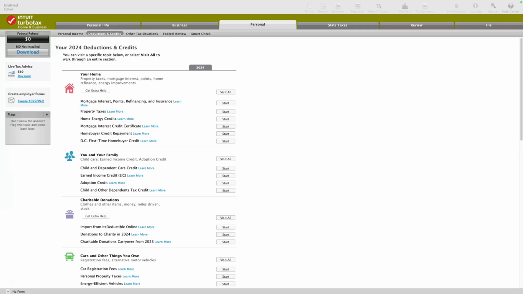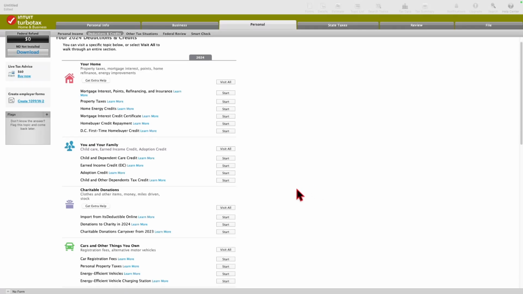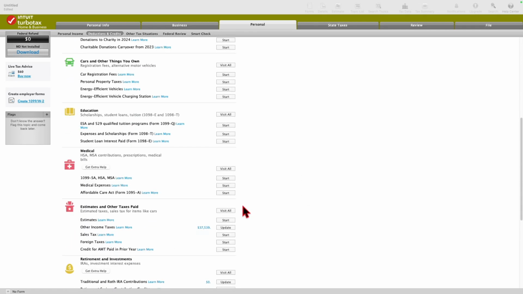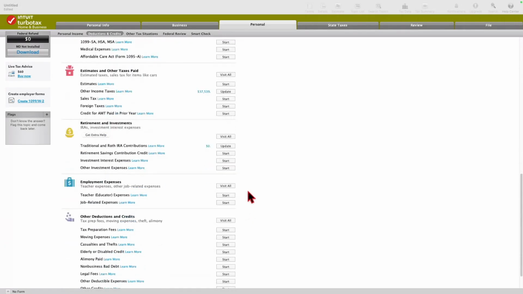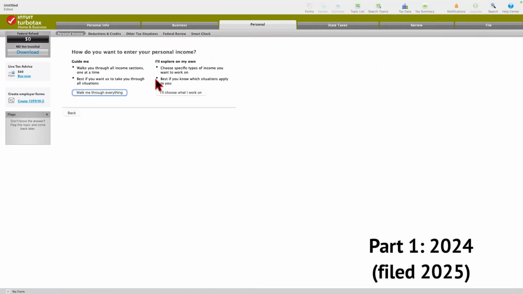Since I'm going to be using the 2024 tax return software, we are going to need to have a little bit of imagination here. I'm going to do 2024, and then we're going to pretend like I have the 2025 software already available. And then I'm going to show you how you would actually put it in once 2025 comes along as well. So if you don't have any imagination, then this is probably going to be a little bit more difficult for you. So working on 2024, the first thing you want to do is go to deductions and